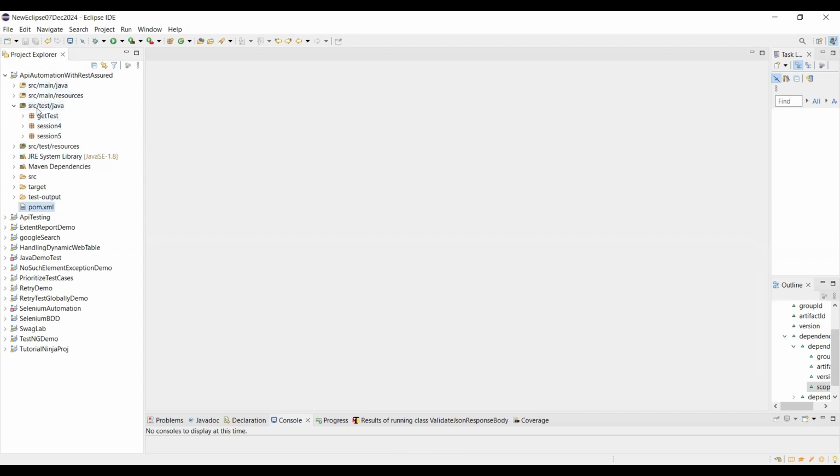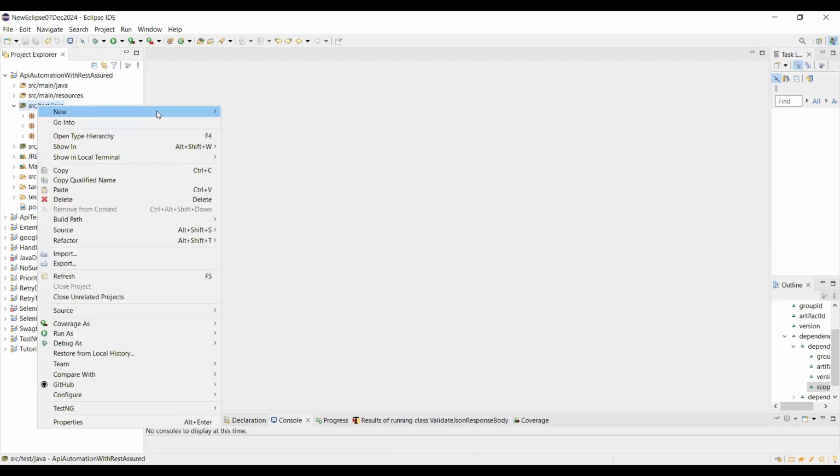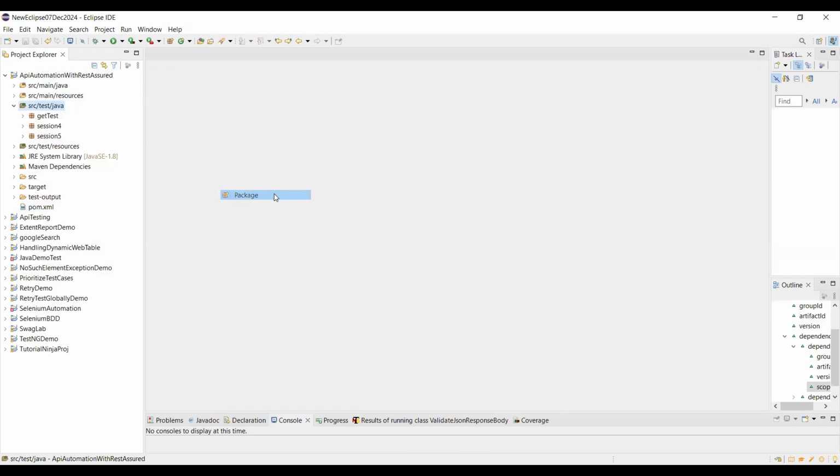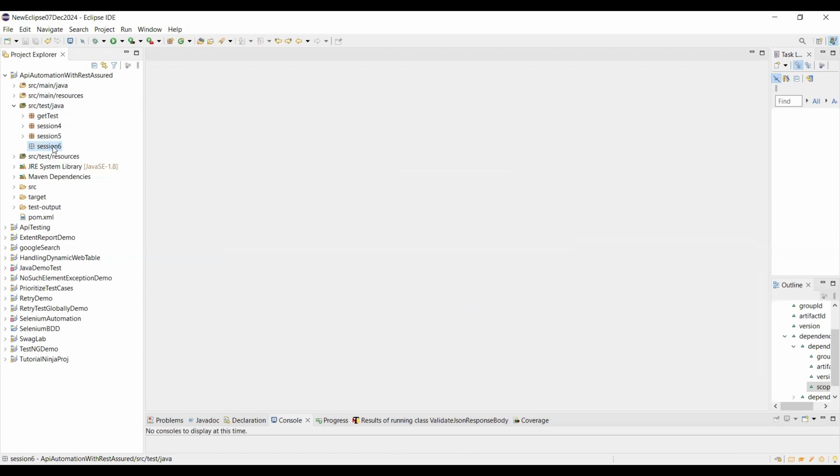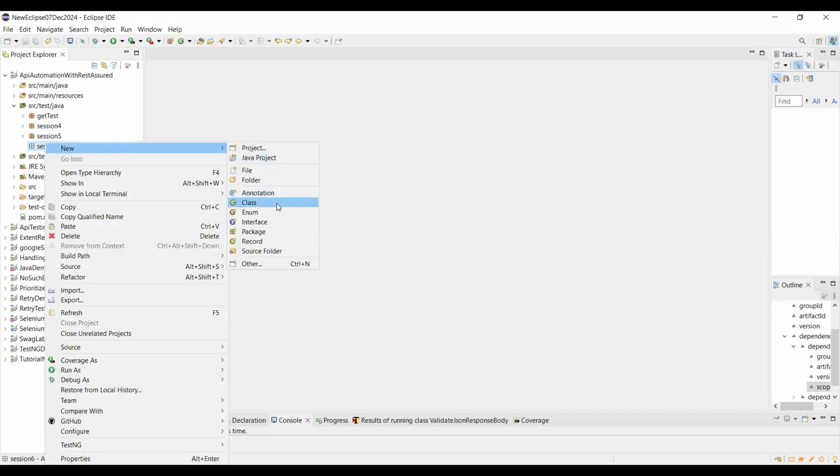So let me create a package, and this is our session 6. So I am going to create one package, session 6. And inside this I am going to create one class,